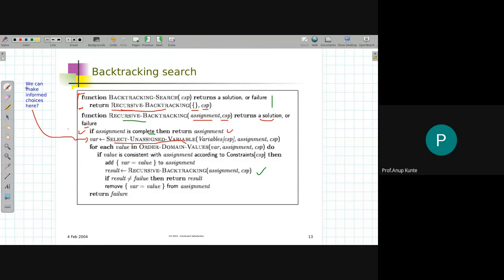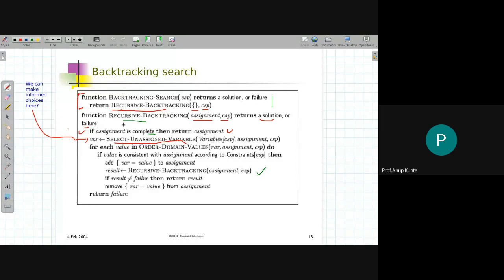The arrow that I drew is for this: we can make informed choices here. How, we will discuss briefly, but right now just understand that this function, based on the variables from the CSP assignment we have currently done and the CSP definition, chooses the next variable that we want to assign a value to. That is the easiest thing that it does.